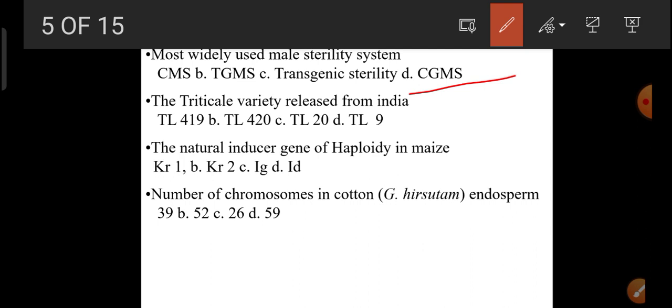Here three lines are used. It is time consuming as well as space consuming, but most preferred as well as most efficient method of genetic male sterility. Okay,